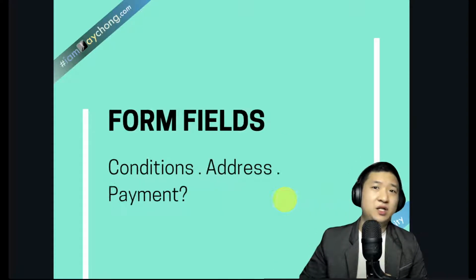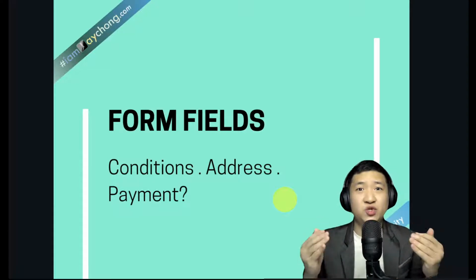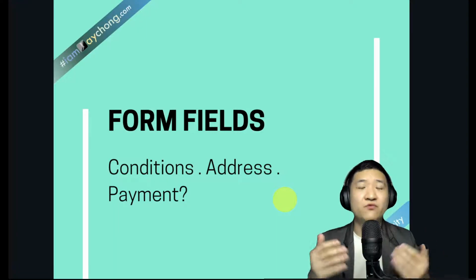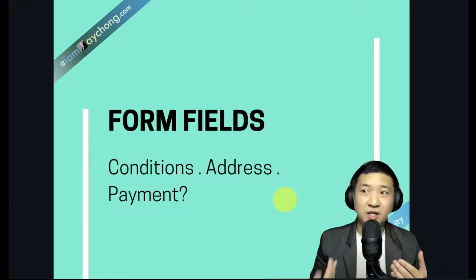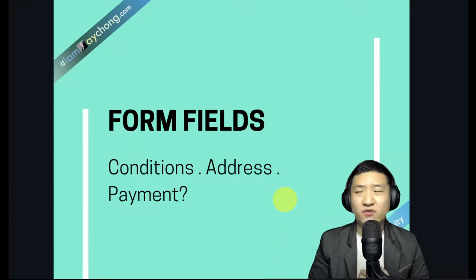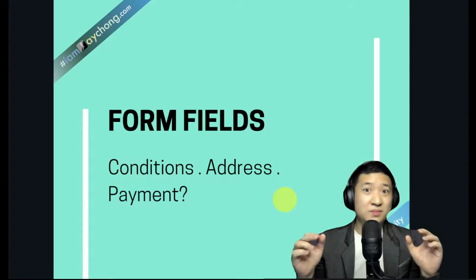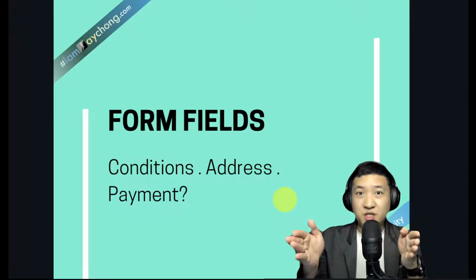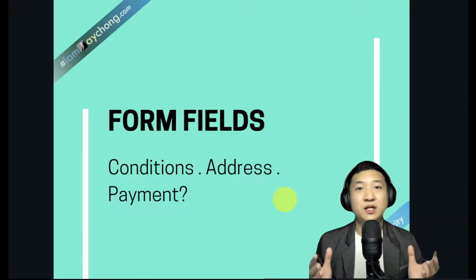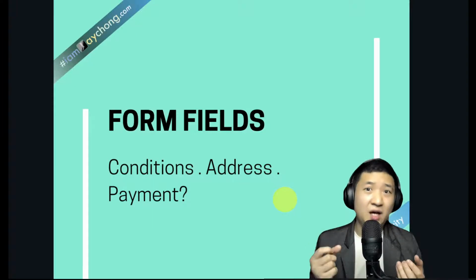So besides attachments, the number four factor is, I think, very, very important. Basically, it's about how much you can create from the form fields. Google Form has limited form fields already set up there, and there's nothing much in terms of conditions. For example, if you want people to key in an address, it doesn't split into street name, unit number, state, country, and even postcode. It doesn't split like that. So for some CRM systems, when you want to capture the data, it's a little bit tough for you to split it again